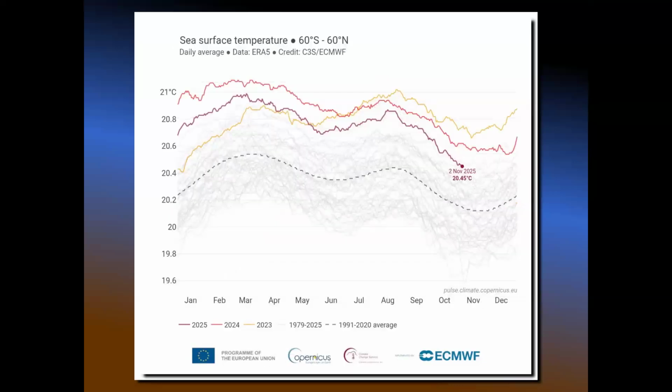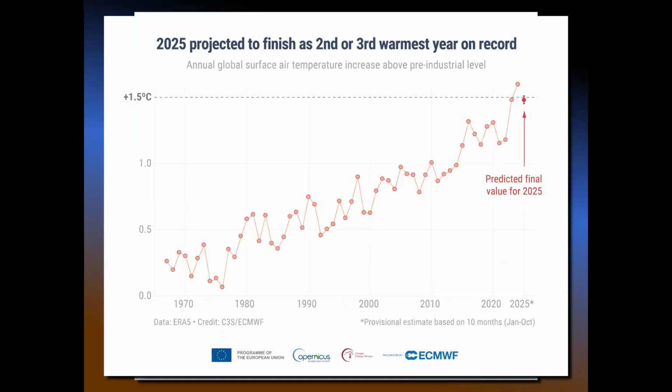That's also what we're seeing in the ocean, where particularly in the early part of this year, temperatures were well above average and in many cases exceeded some of the other warmest years on record. So this is what's going on right now with our temperatures. We are in November, the year is almost over, and based on projections and interpretations of what might happen, the predicted final value for 2025 is that it will be the second or third warmest year on record after 2023 and 2024. So that's 3 years of intense heat in a row. And we're going to talk about that pattern more in the next lecture.